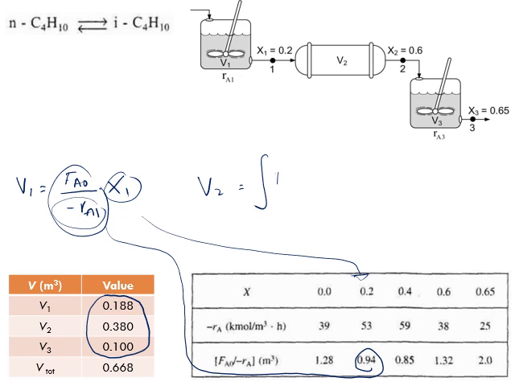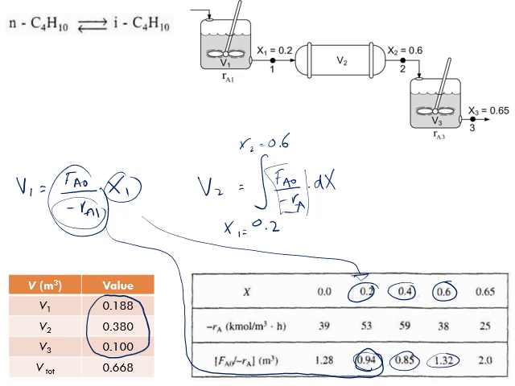So the integration of FA naught over minus RA dX evaluated from 0.2, which is X1, to X2, which is 0.6. So there we go. It's from 0.2 to 0.6. So you have 3 points. As you can see, you can use the Simpson 1/3 rule. Okay, and you can use these 3 points for the function of FA naught over minus RA. And finally, you have the